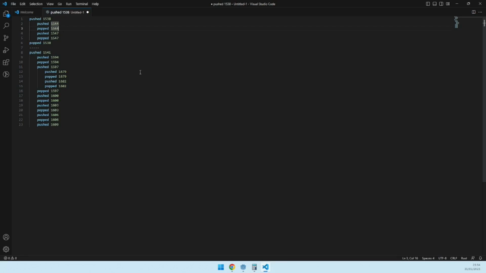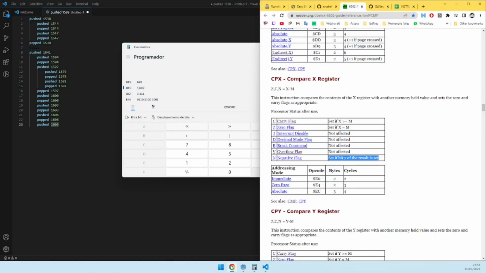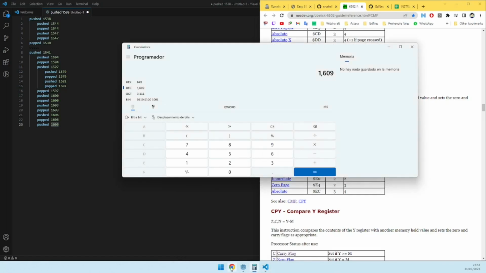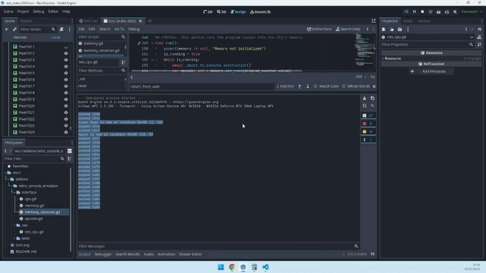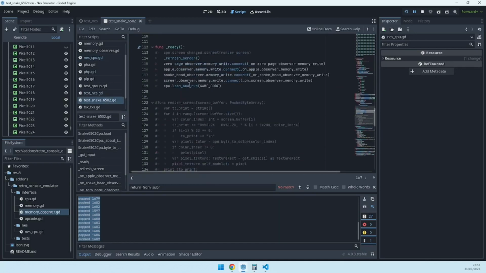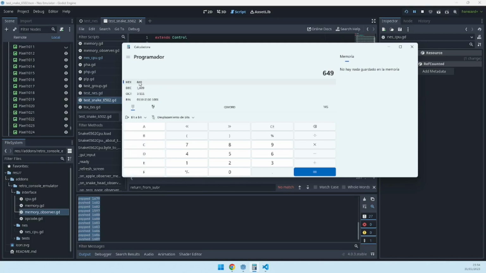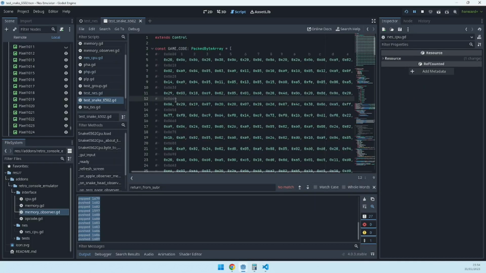So 1609 in decimal is 649, and we can find what was the last subroutine that was running with that, because we can go to 649 and find it. 649, and this is where the subroutine starts, and it starts with a 07, which is,